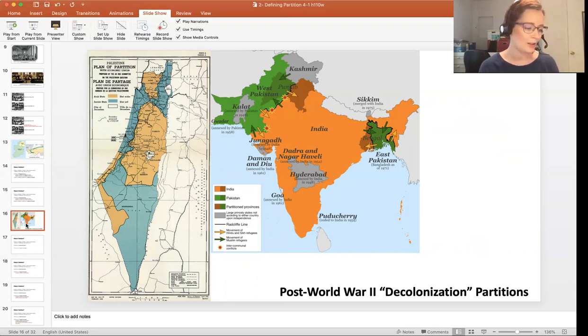This happens in the context of Great Britain having been ravaged by the Second World War, which is sort of beyond the scope of this course, but the Second World War happens 1939 to 1945. Great Britain is utterly destroyed in that war, and that leads Britain to want to devolve and then get out of its colonies in Asia. This means both Palestine and India in 1946-1947. Great Britain decided to get out of its colonies and tried to refer both of these issues back to the